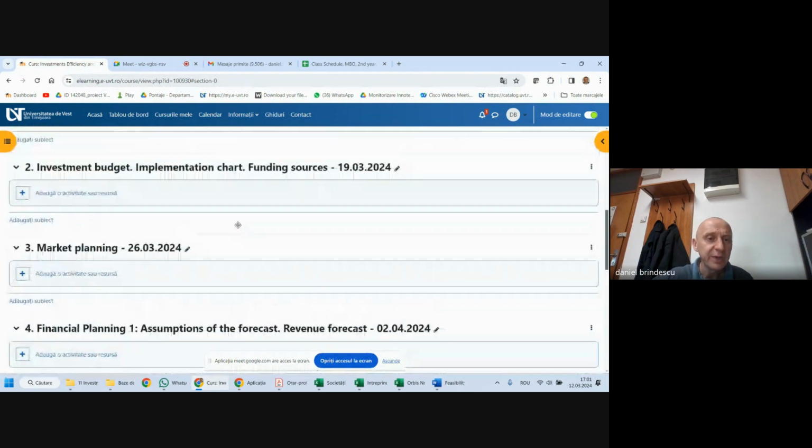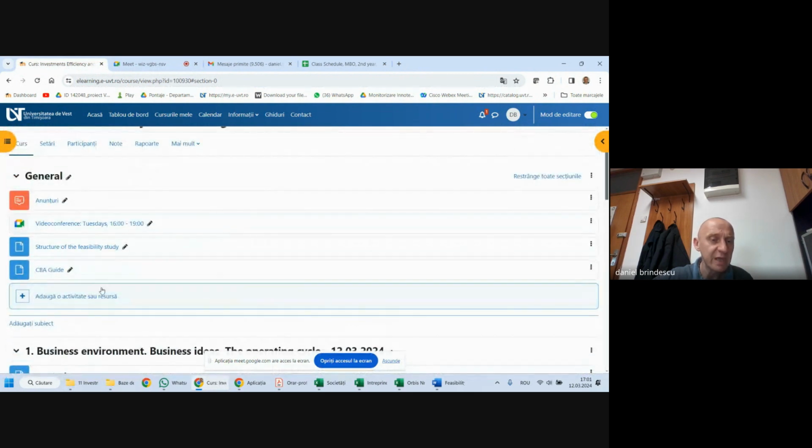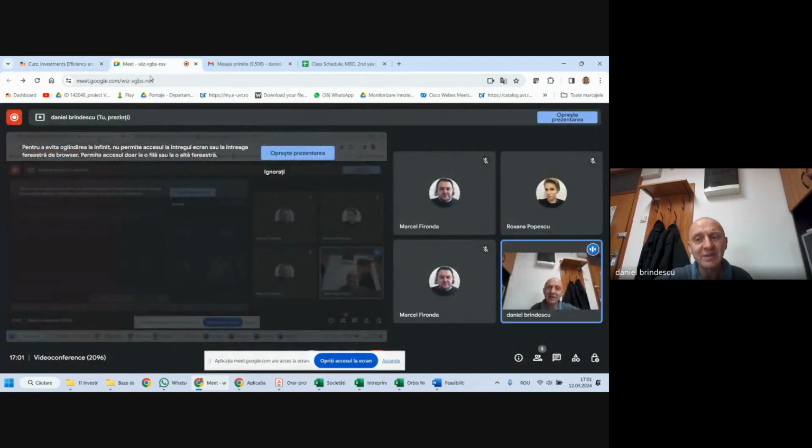And also here, I posted today a guide. It's a guide, and you can also take it as an example. It's a practical guide for doing feasibility analysis. I prepared it for practical purposes not so long ago in a collaboration with the University of Medicine and Pharmacy. We worked together on a project, and we prepared such a guide